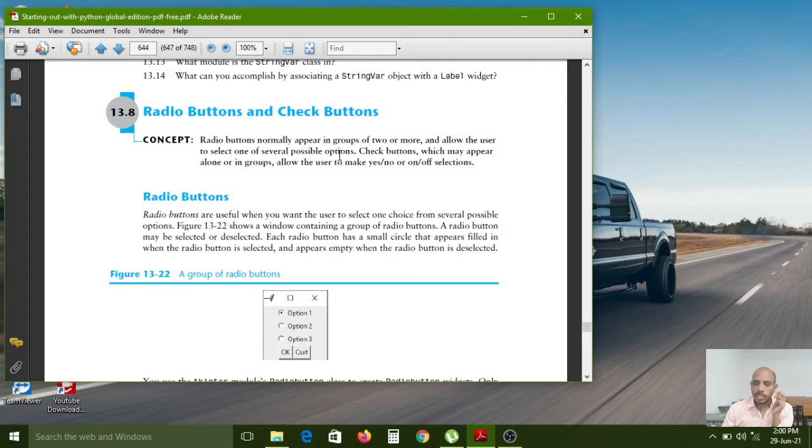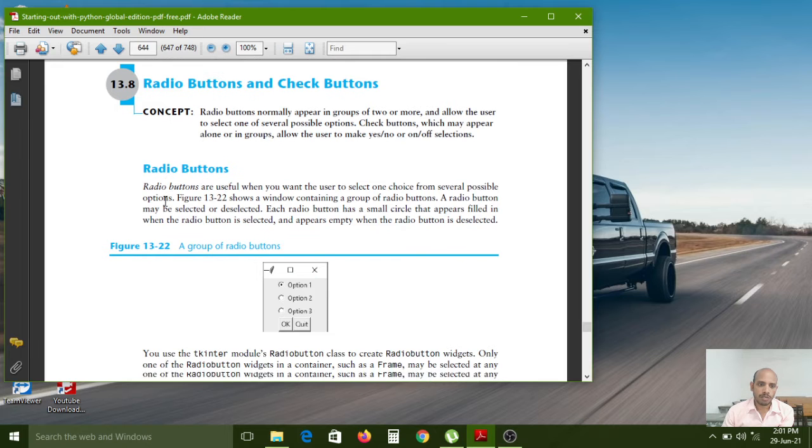For example, if you have multiple options, in that you have to select only one option. For that we can use the radio buttons, right? Whereas coming to the checkboxes, which may appear alone or in groups, they allow the user to make yes or no, or on off selections. So now first we have to see about the radio buttons concept.